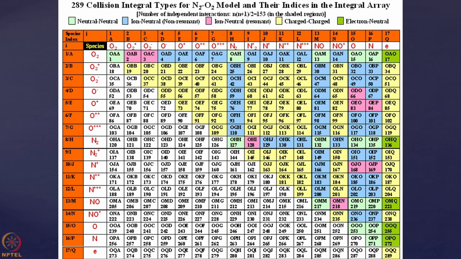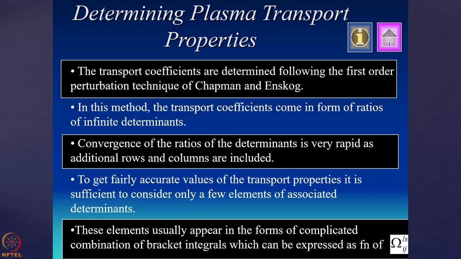This is because when you are staying at low temperature, there is a possibility that neutrals will be present there, even molecules can also be present. And when you are forming the plasma, you are starting from very low temperature like room temperature. At that time, whatever species are present will be molecules, not ionized. So, if you are considering all this from room temperature to a very high temperature in an integrated manner, you cannot avoid considering the collisions among the neutrals as well. So, that is why all these interactions and all these species are equally important. So, now I will come to the